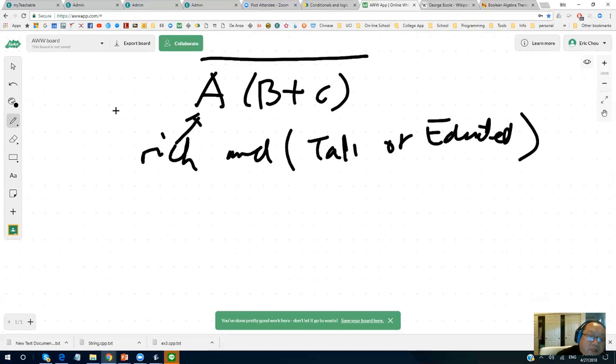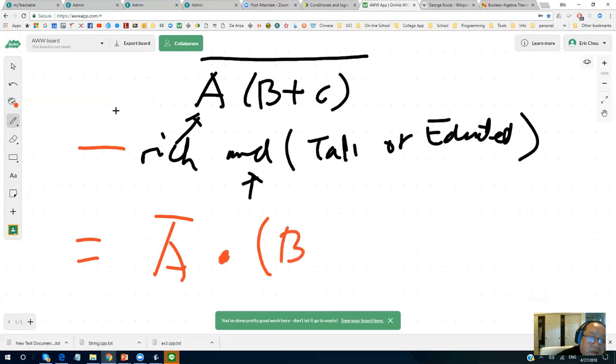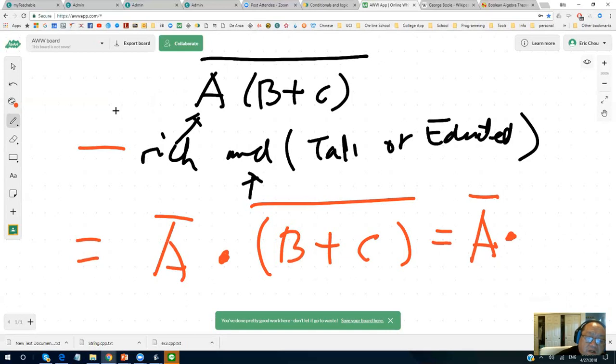I'm rich, and these two have to happen at the same time. I'm either tall or educated. And then since the bar is equivalent to this one times this one bar, it equals this one times this one.